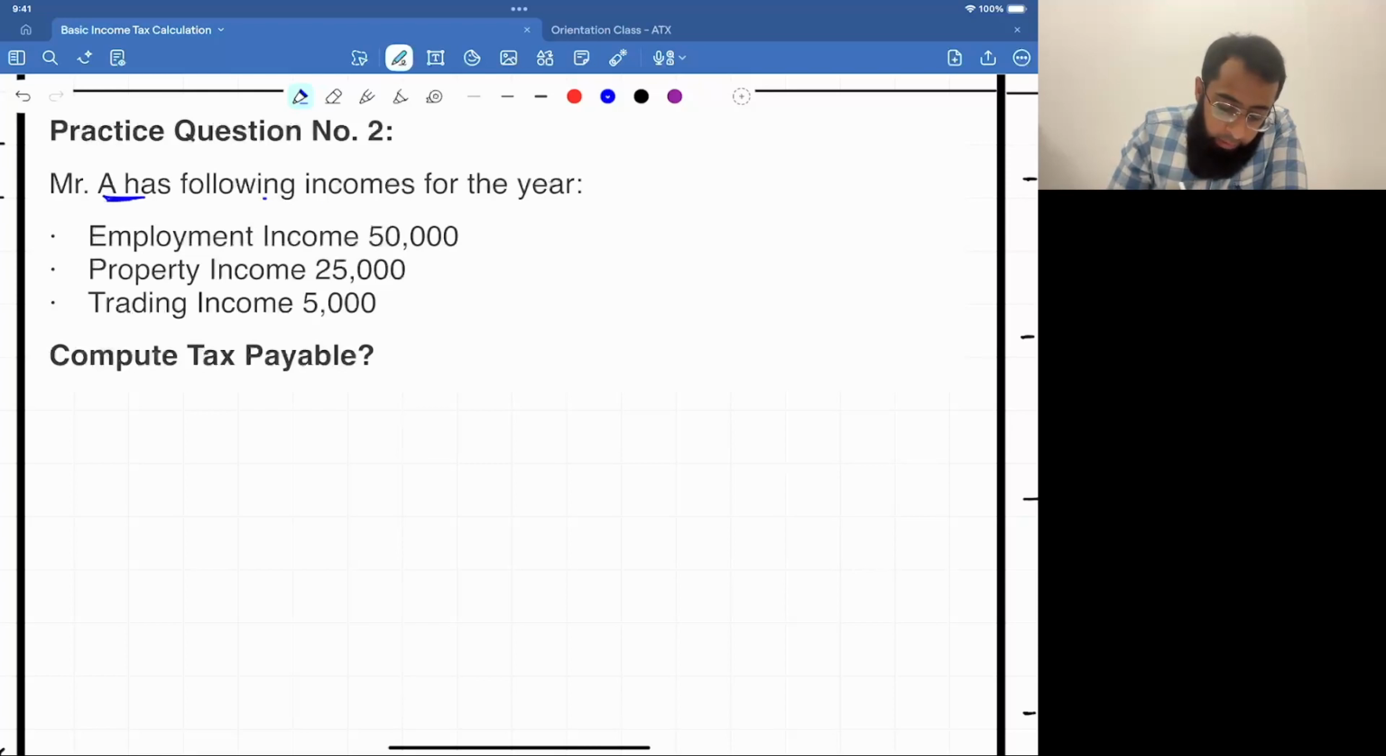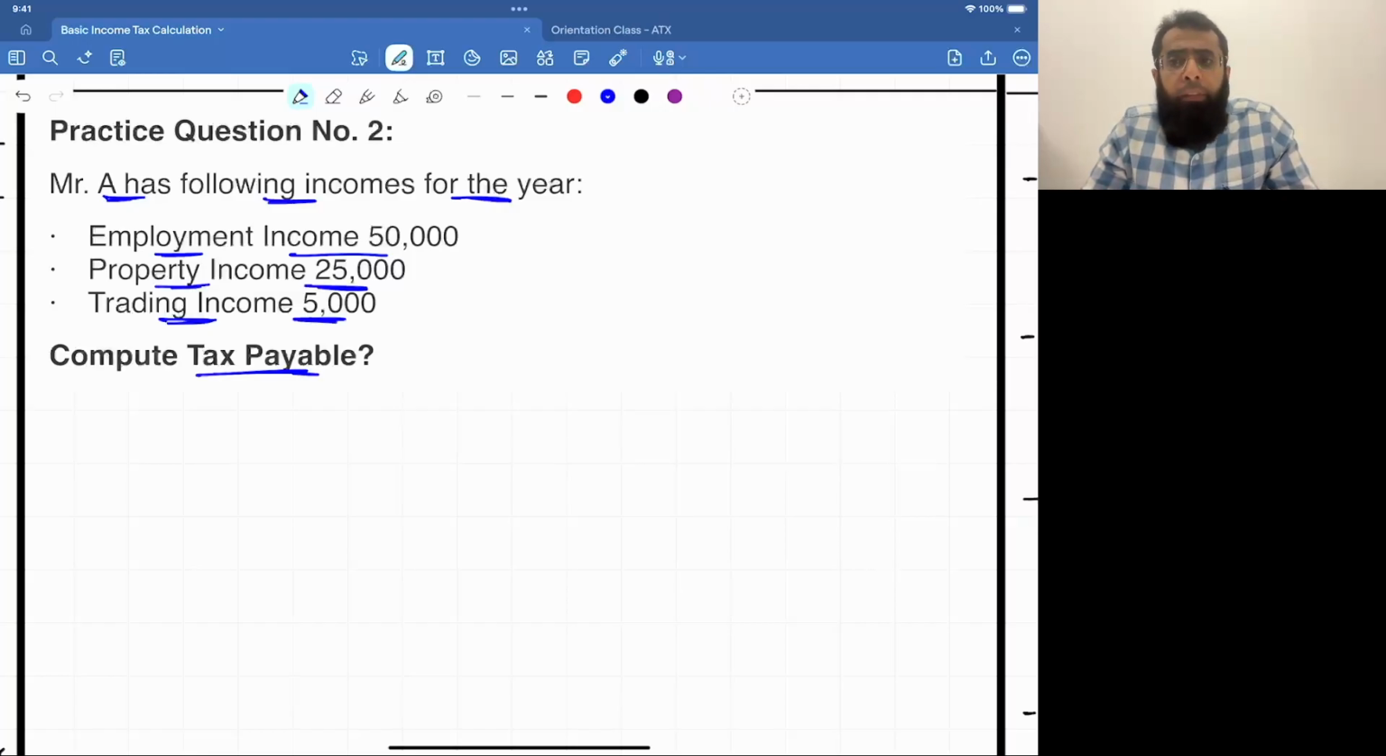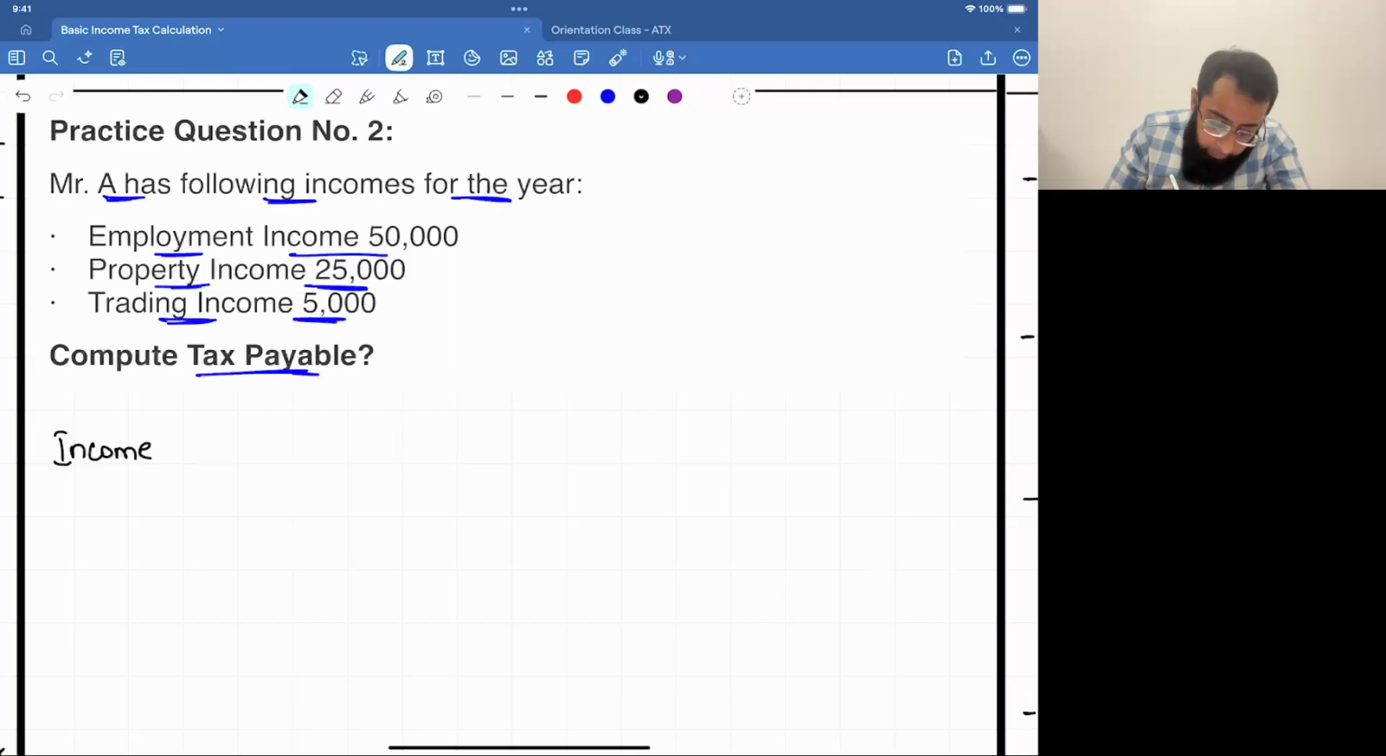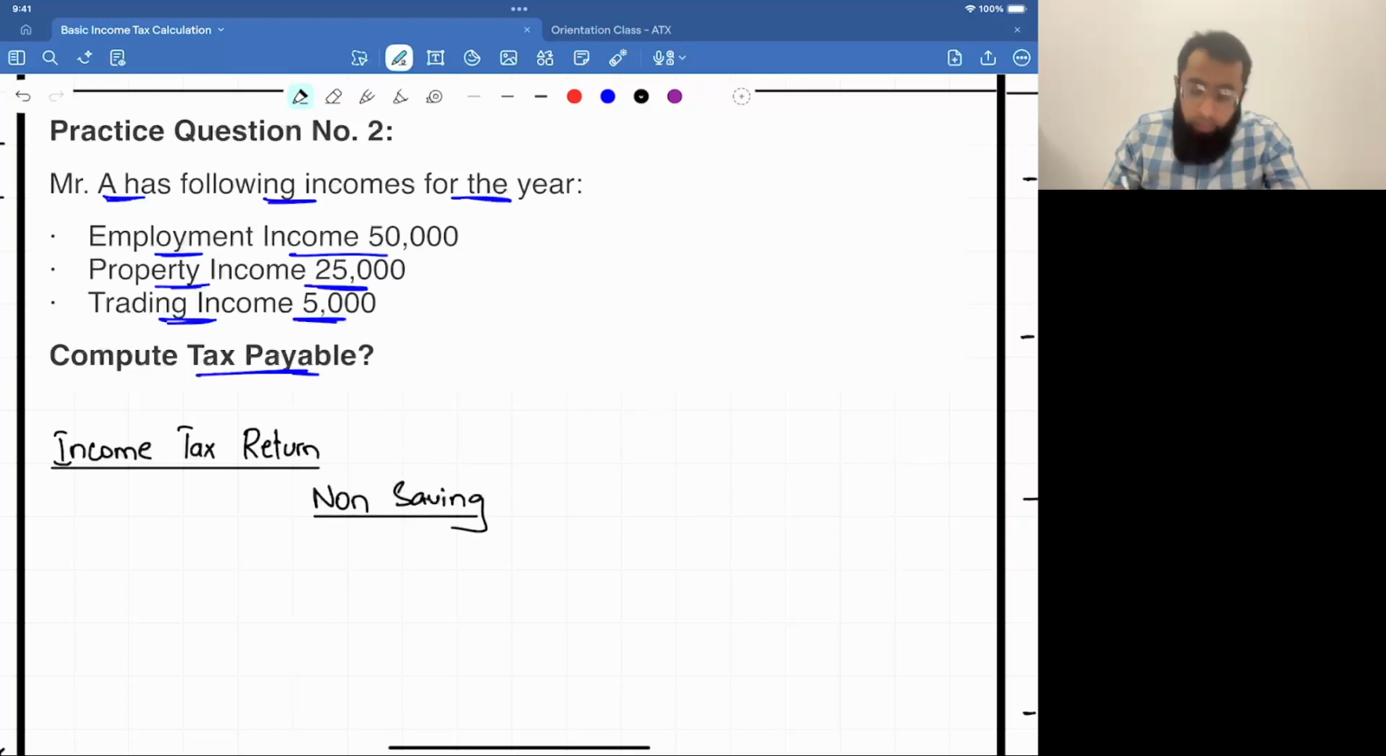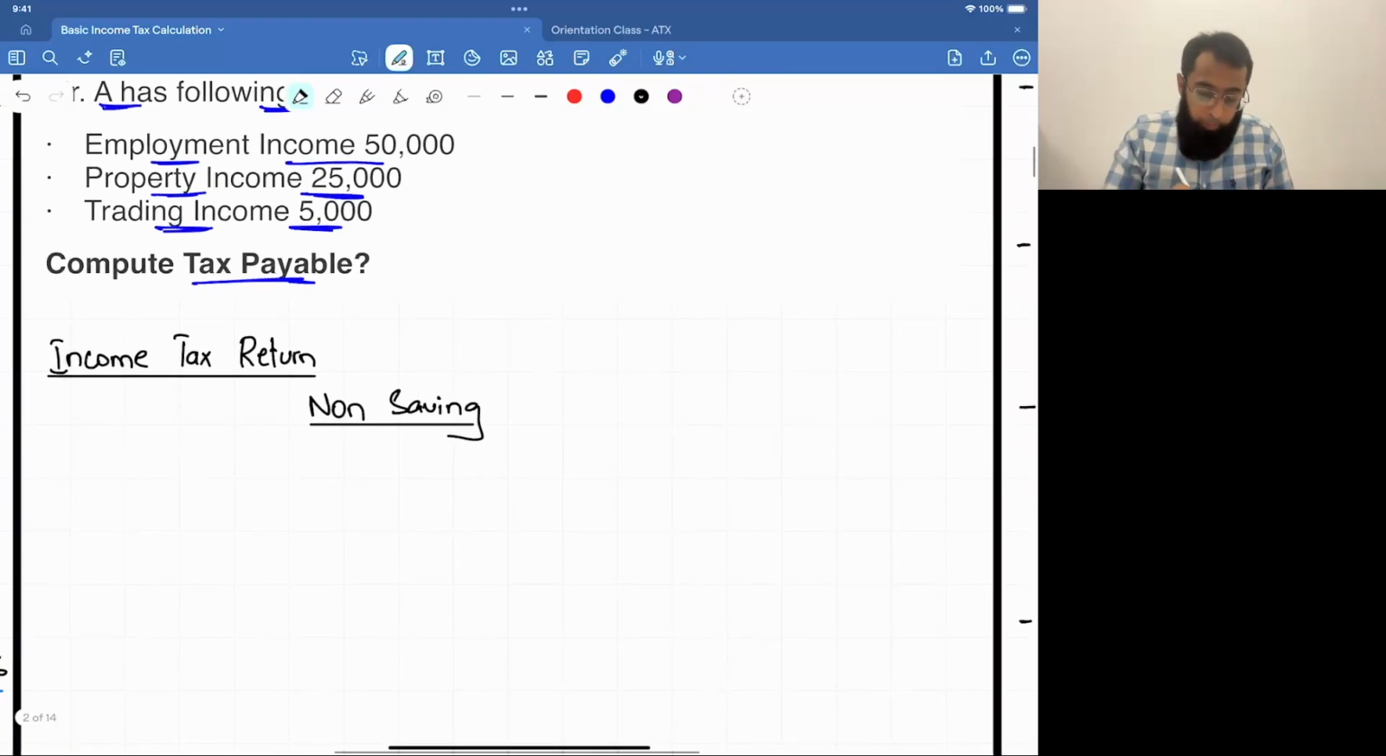Now, Mr. A has the following incomes for the year: employment income 50,000, property income 25,000, and trading income 5,000. We have to calculate the tax payable. So now we are making the income tax return. These three incomes are non-saving because there is no interest income or dividend income. Non-saving income, employment